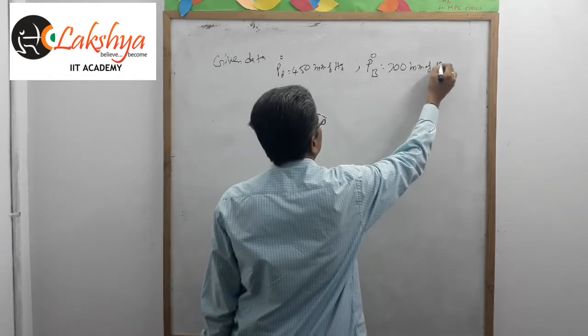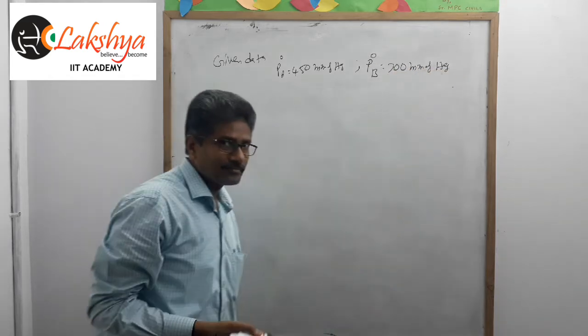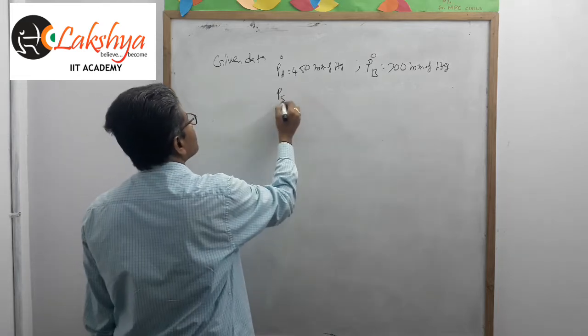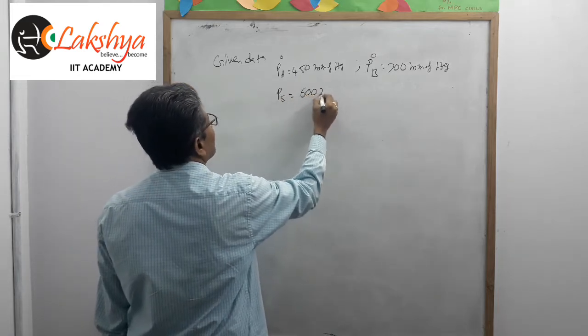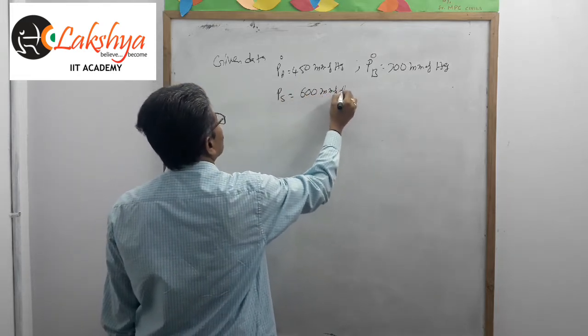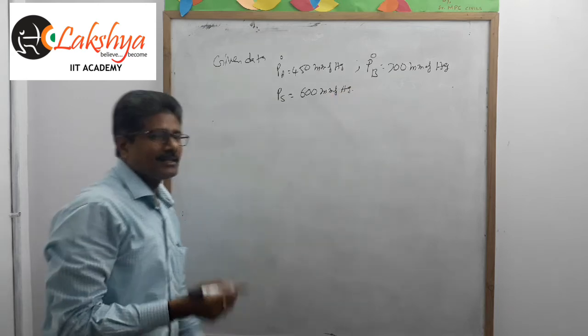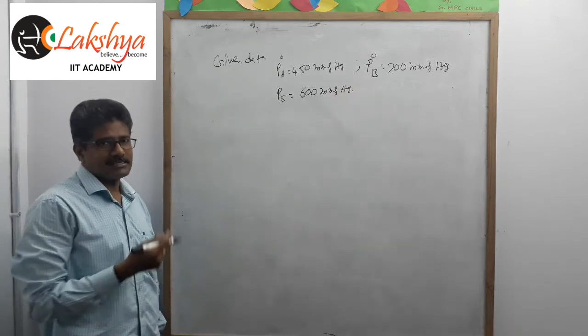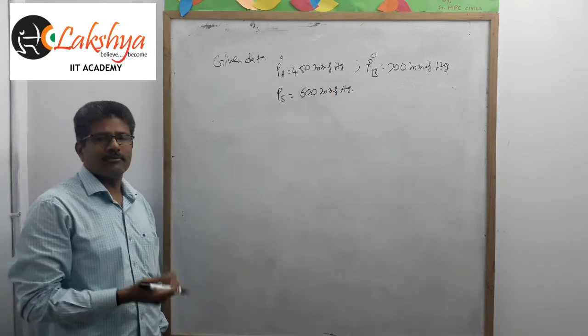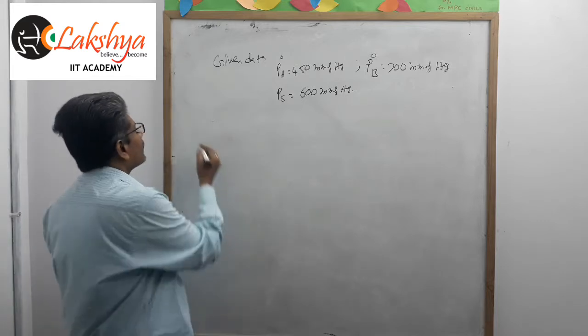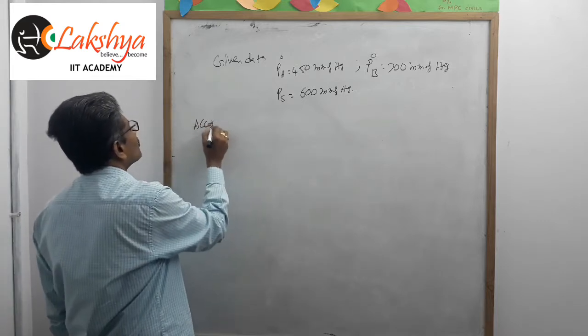This is the given data. PS is equal to 600 millimeters of mercury. Then he is asking XA, XB, YA, YB. Okay, no problem. According to Raoult's law,